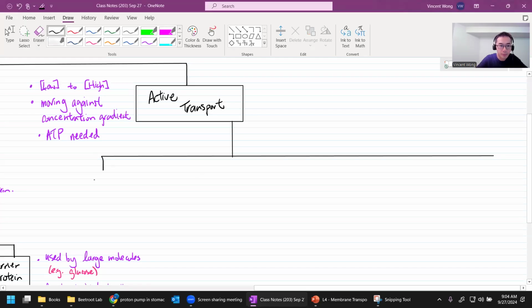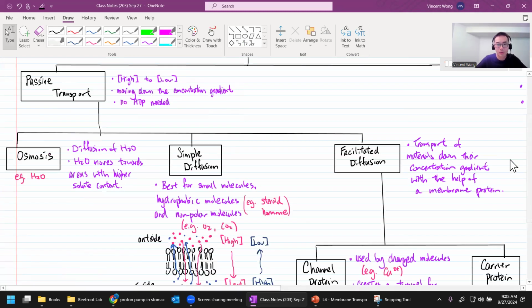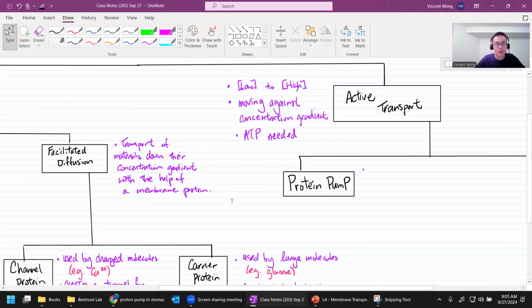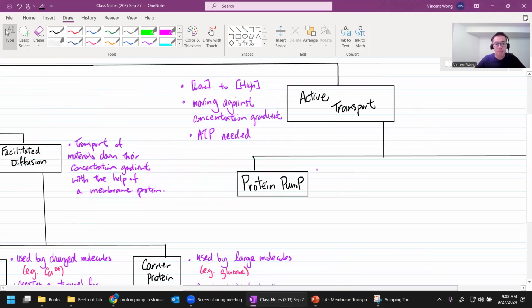We're gonna have protein pump. So protein pump basically is, now it's gonna sound very similar to facilitated diffusion, right? Facilitated diffusion is transport of material down their concentration with the help of a membrane protein. But for protein pump, it's also membrane protein, but is